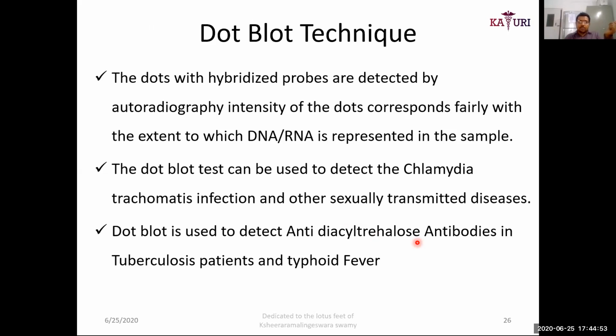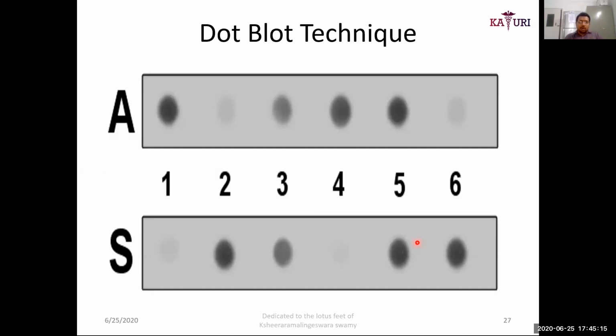Okay, so these are the different blotting techniques: southern blotting, northern blotting, western blotting, and dot blot technique. And immunoblotting and electroblotting are similar techniques to western blotting. Okay, the use of antibody makes it immunoblotting. It is a different name given for western blotting only. And this is the dot blot technique, where you see the dots of the specific sample.